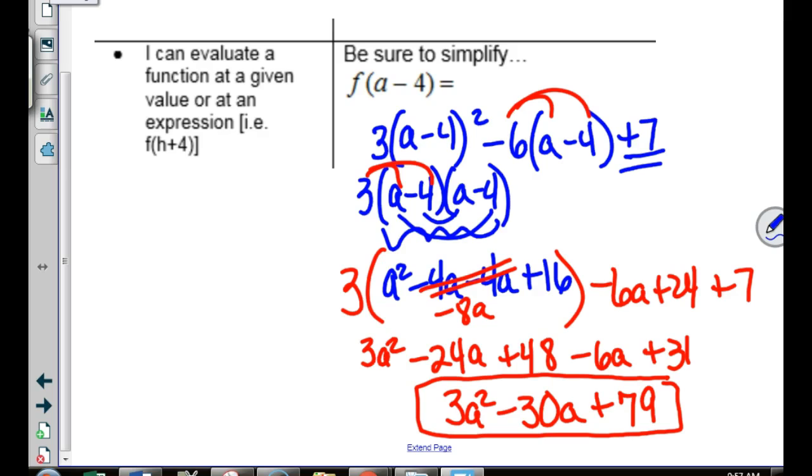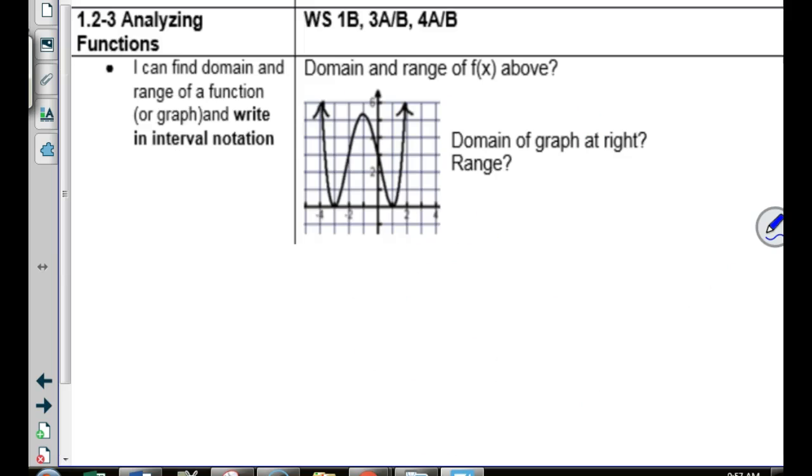There's more of those on the homework. I think it's number 17, 18 on 1.1. All right, domain and range. Then we move on to the next section, which is the last section of the quiz. There are some things off worksheet 1 and 3 and 4, and this is from the new packet, by the way, these numbers. And also you could find more practice on the 1.1,